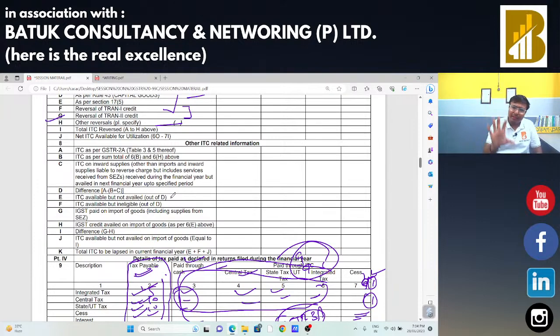So there are multiple things when we take the session on the analysis of financial statement, and in that particular session we are going to discuss multiple things regarding that. Okay, but this session is specifically related to GSTR-9 and 9C. So we are just going to discuss the points related to GSTR-9 and 9C, and I'm going to give a brief idea about those points, that how you can check the things. Okay, so